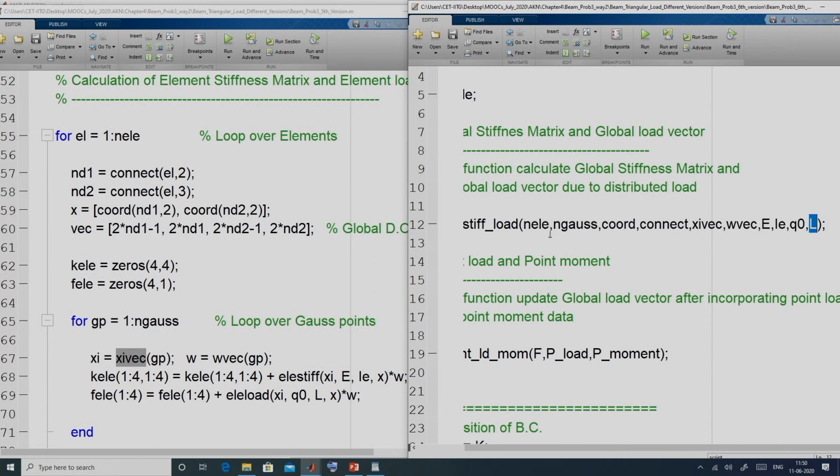So, we supply these input variables to this function stiff load.